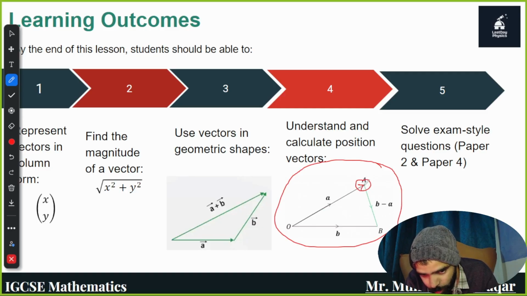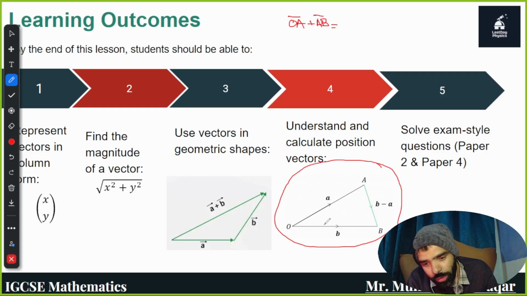OA's head is pointing toward the coordinate A, and the tail of AB is touching the OA vector. So the sum of vector OA plus AB